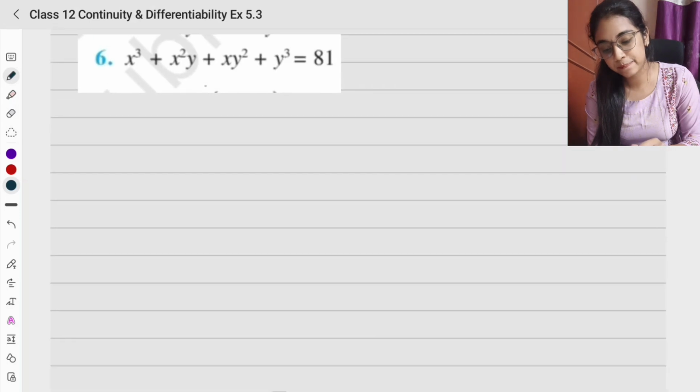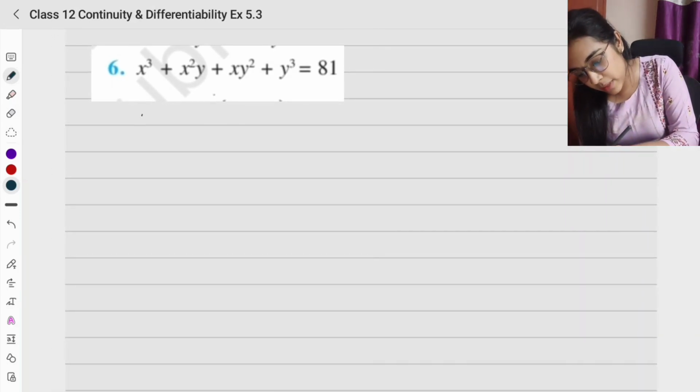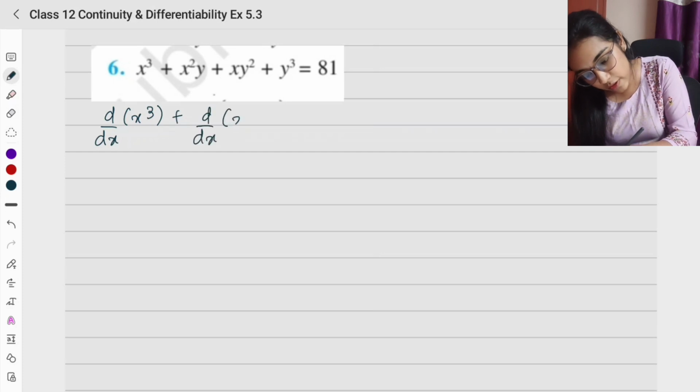Question number 6. x cube plus x square y plus x y square plus y cube equals 81. So, can we do this the same way? So, d by dx of x cube plus x square y. I'll take it outside. Let's write the individual terms. So, I have d by dx of x cube plus d by dx of x square y plus d by